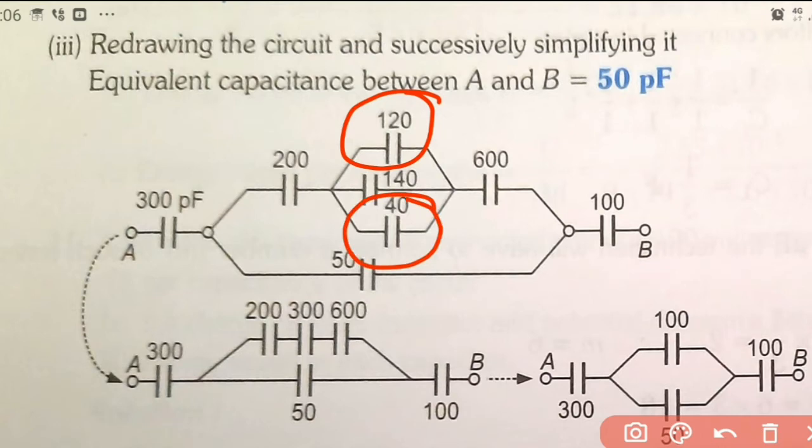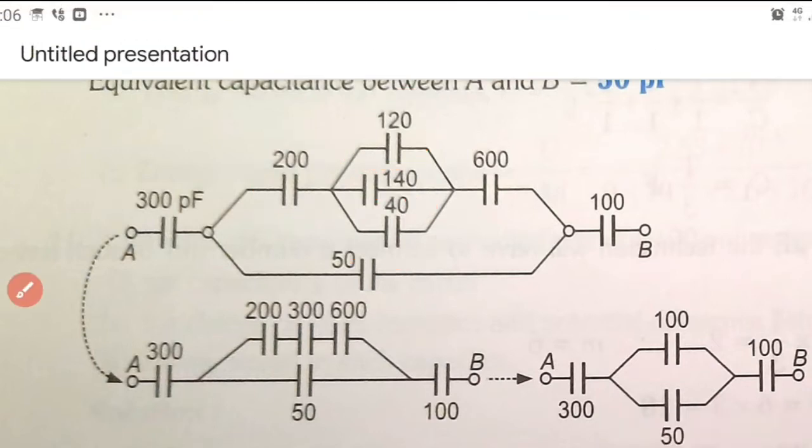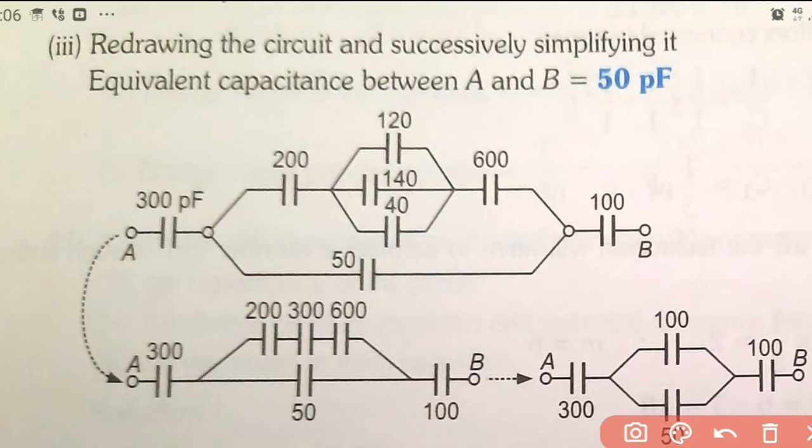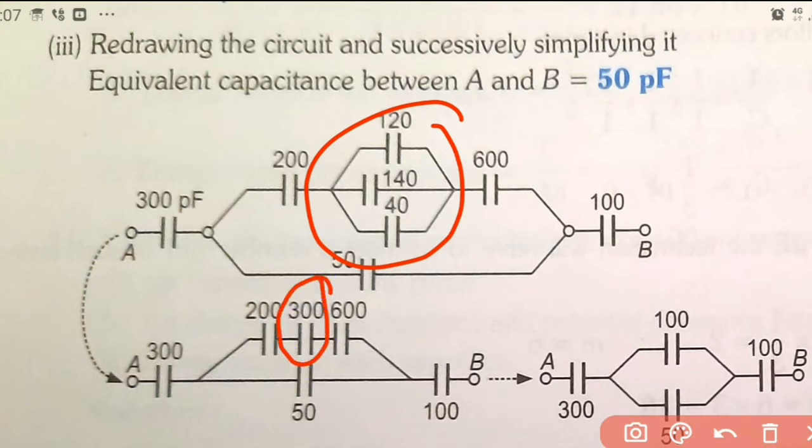Okay, likewise here one parallel combination was there, that is 120 and 80, it is replaced by its effective. So likewise it is replaced. Now we are going to reduce this diagram also. That means here you can see a parallel combination of 120, 140 and 40. So in the next step of the diagram, that parallel combination is replaced by its effective, that is